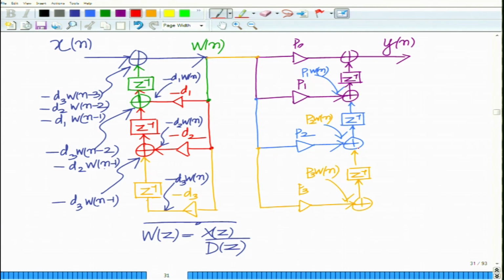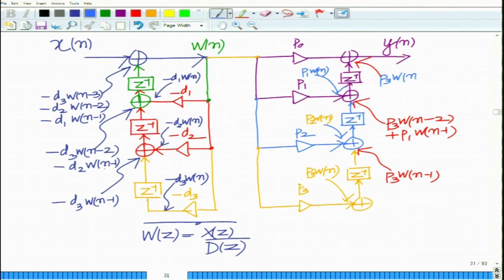Here at this point you have P3 Wn minus 1, at this point you have P3, because it's passing through 2 delays, P3 Wn minus 2 plus P1 Wn minus 1, and at this stage you have P3 Wn minus 3 plus